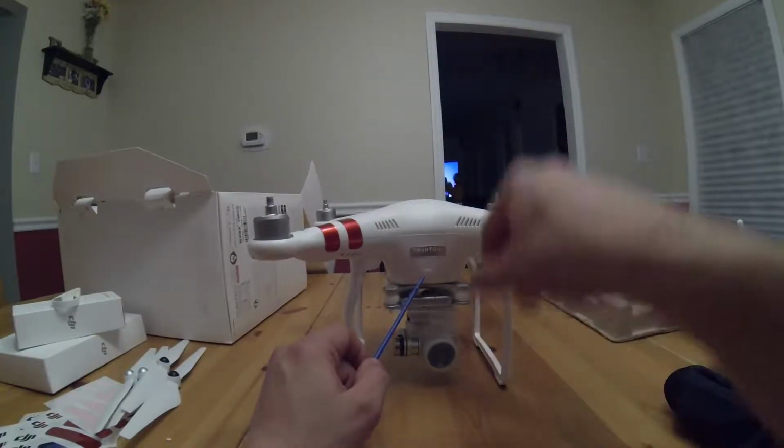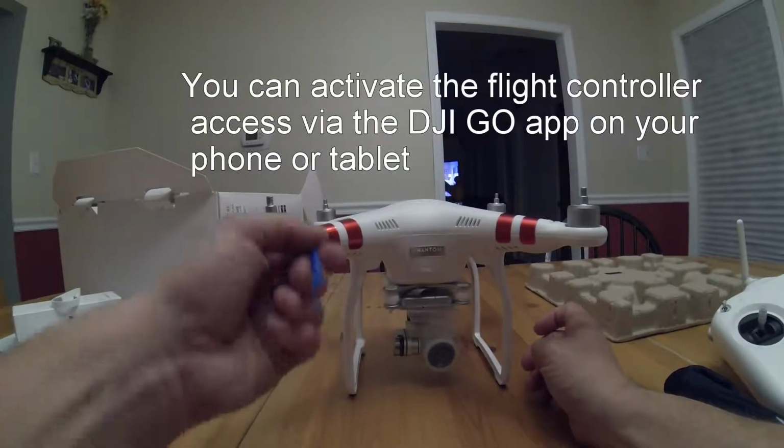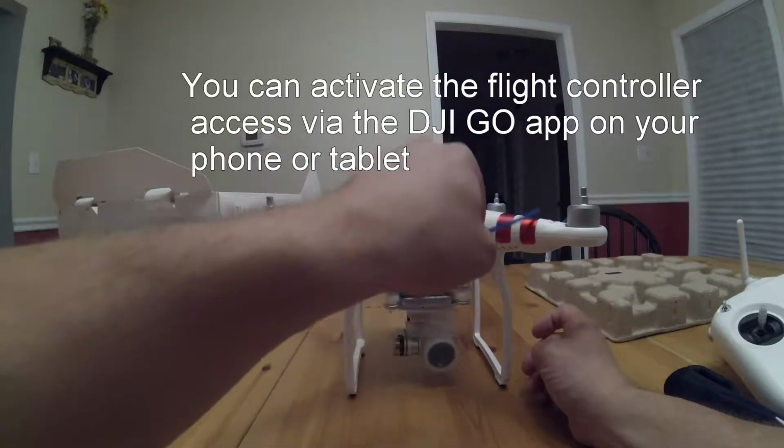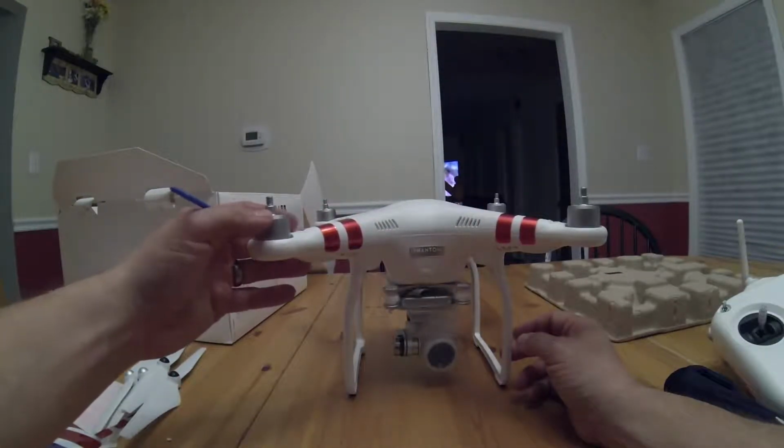Don't believe there's any user interface with that, but I didn't see anything in the manual anyway. So again, we've got these orientation stickers here. I left the red ones on. Again, you can change these out if you like. It's got the real nice motors,